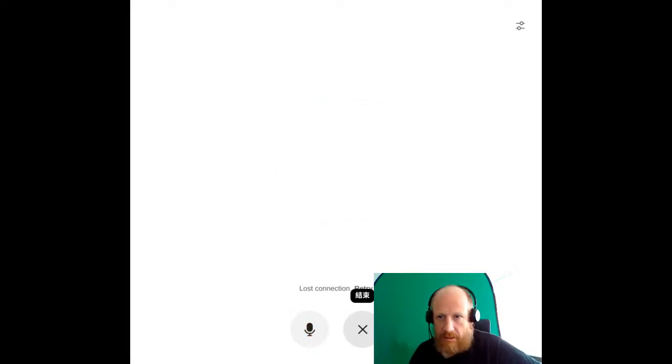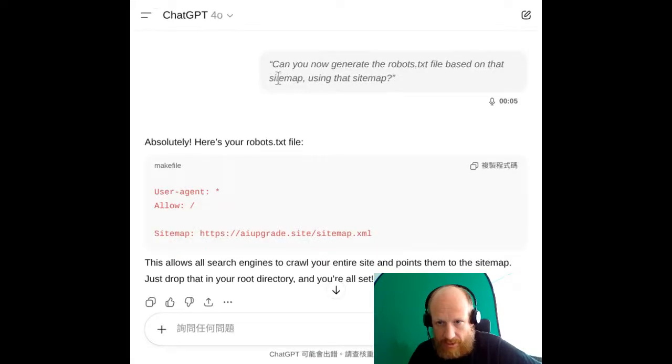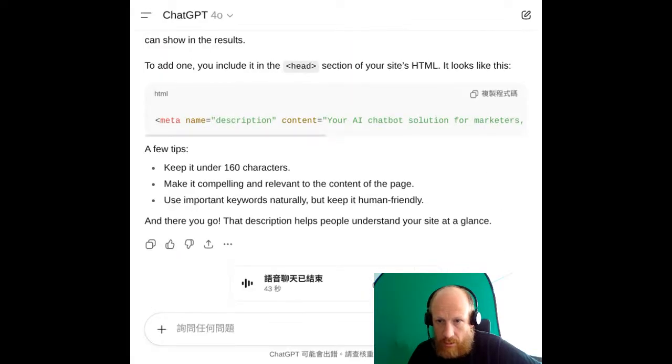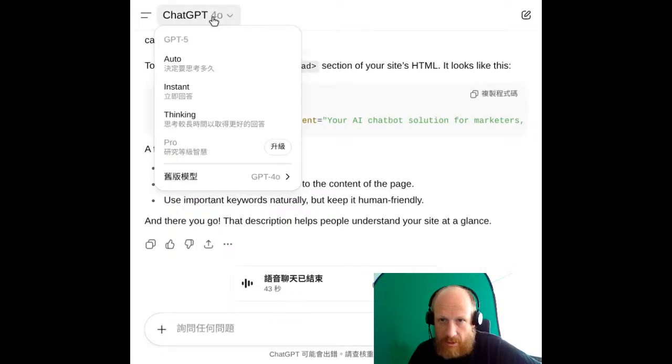Wow, it's just rendering so terribly. Okay, meta name description content: your AI chatbot for marketers, enhancing conversions and automating engagement with cutting edge technology. I'm pretty sure that if I would have just, okay, let's just switch over to